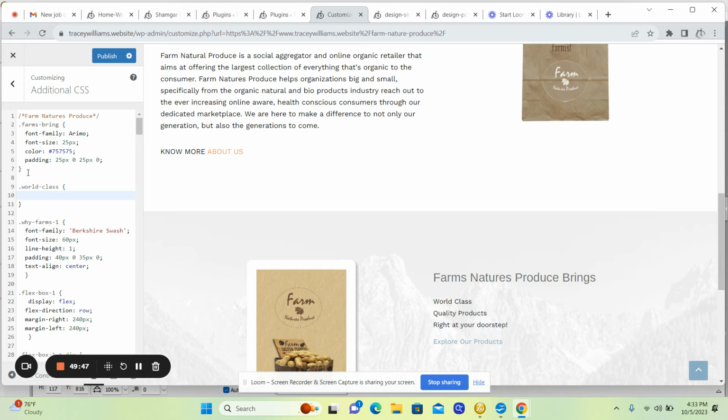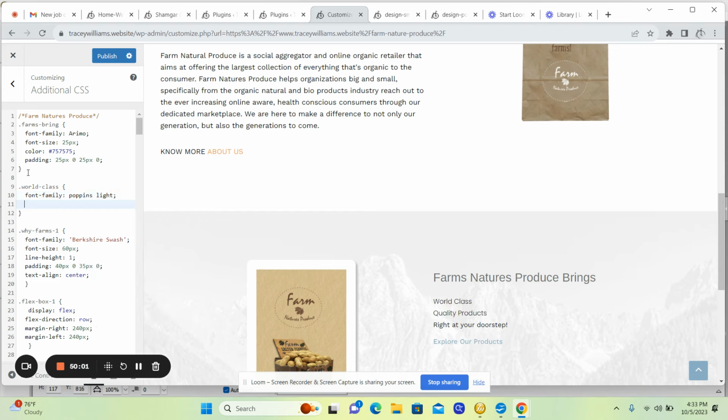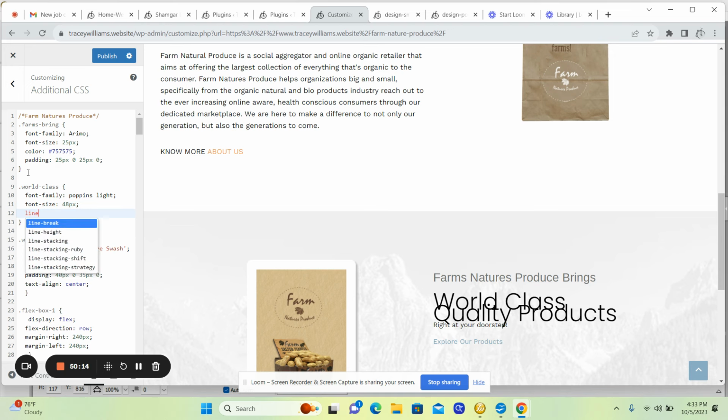So, and it was font family, Poppins light. All right, and it was font size, wrote it down here, 48. Line height,